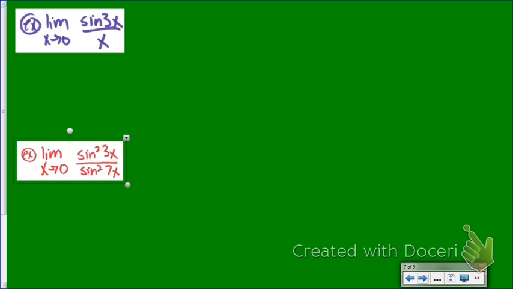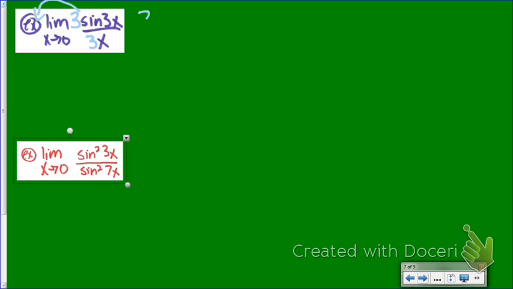So in order to get that 3x in the bottom, I need to multiply the bottom by 3. Well, we know if we multiply the bottom by 3, we also have to multiply the top by 3. And with that property we just learned, 3 times the sine of 3x over 3x is the same thing as, if I move that 3 out to the front,